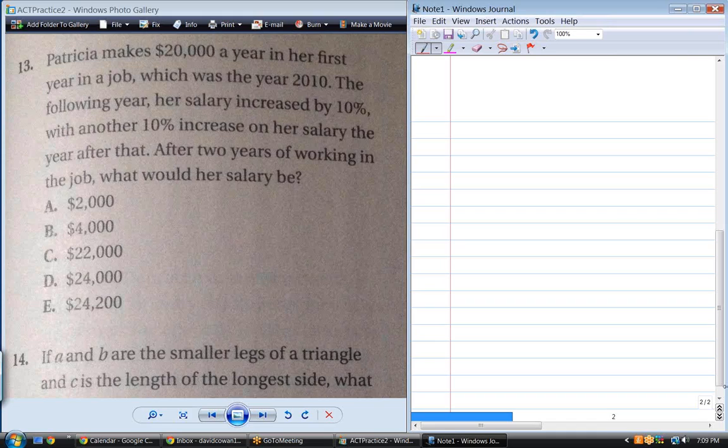What's she making at the end of year 1? She's making